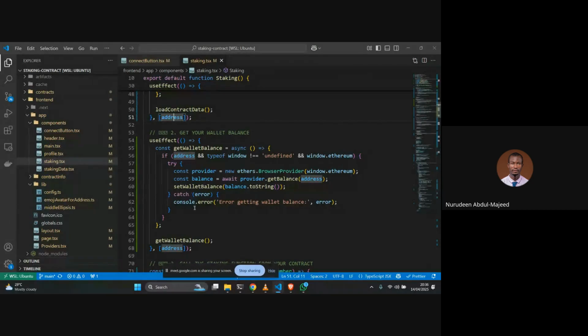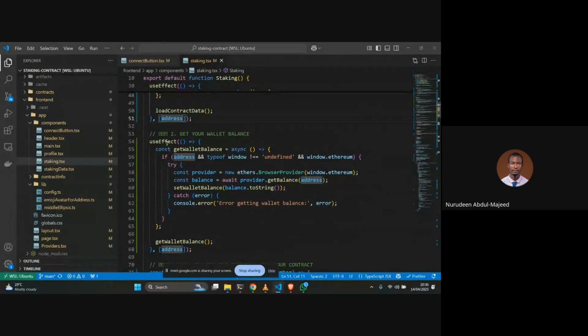And then next in line is get your wallet balance. And get wallet balance is also in a useEffect. And inside that useEffect too, we have a function called getWalletBalance. What it also does is it checks if there's an address, and then it also checks the type of window that we are in, because we are using Next.js, and like I mentioned before, Next.js is a server-side rendering framework. Next.js can be used on the server side, and then it can also be used on the